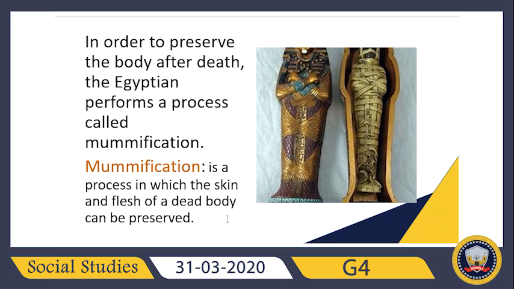So when they wrap them and put them in the coffin, in order to preserve the body after death, the Egyptians performed a process called mummification. So that is what mummification is all about. If anyone should ask you, I know you're going to tell them the meaning,